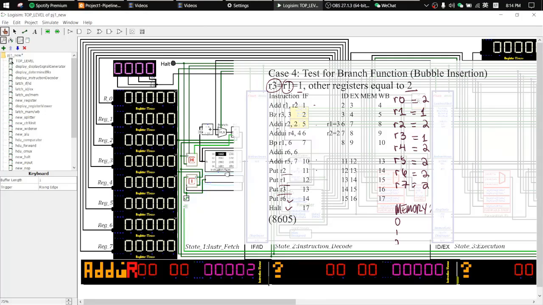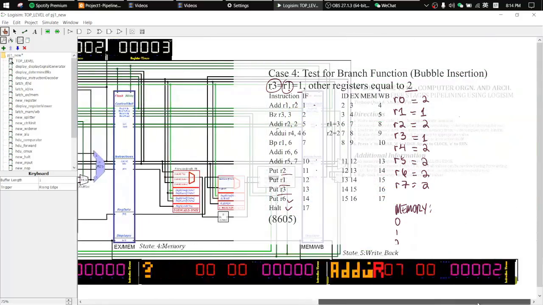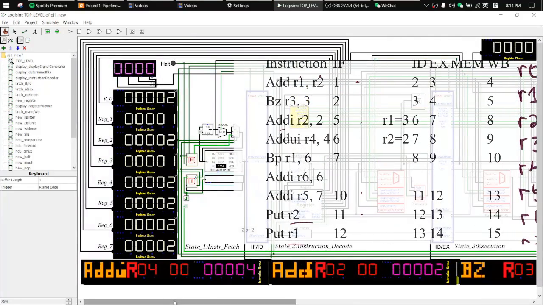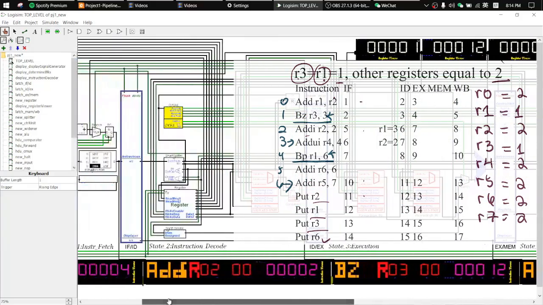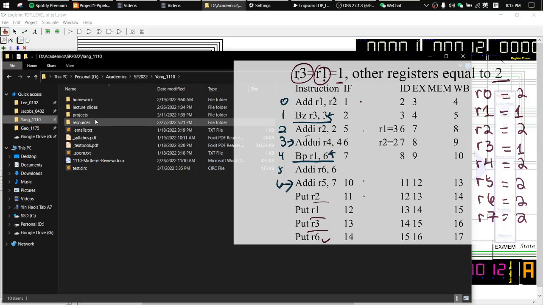We're going to assign 2 to all registers except for register 3 and register 1, which is equal to 1. Okay, so we have a problem here. The problem is the branch instructions here and here have a relative instruction index of 3 and 6. And 3 and 6 correspond to 0, 1, 2, 3 here, and 4, 5, 6 here. Because we have some more instructions for this case, we need to change the relative position for the instruction. And that's why if we go to our instruction ASM,